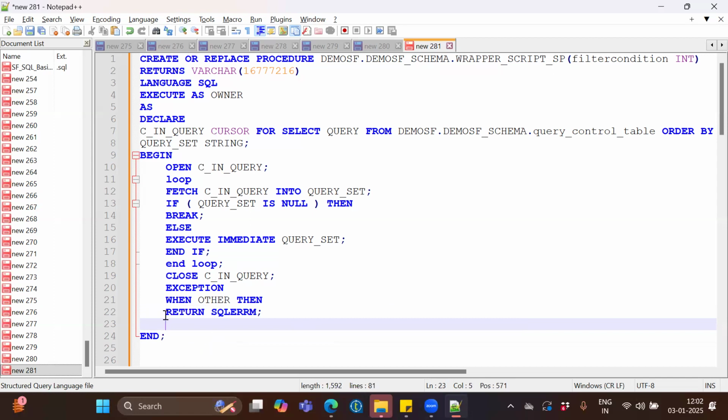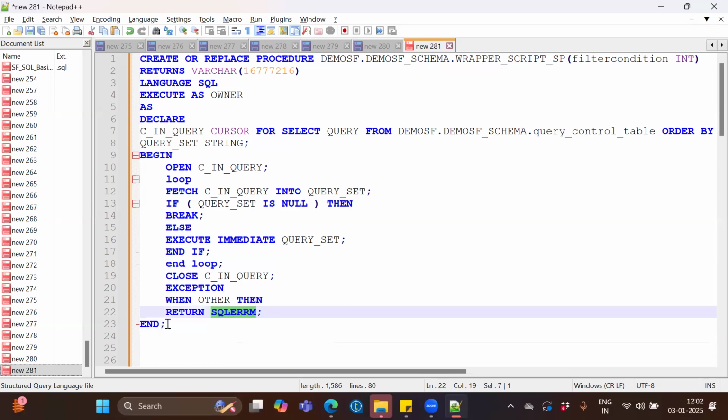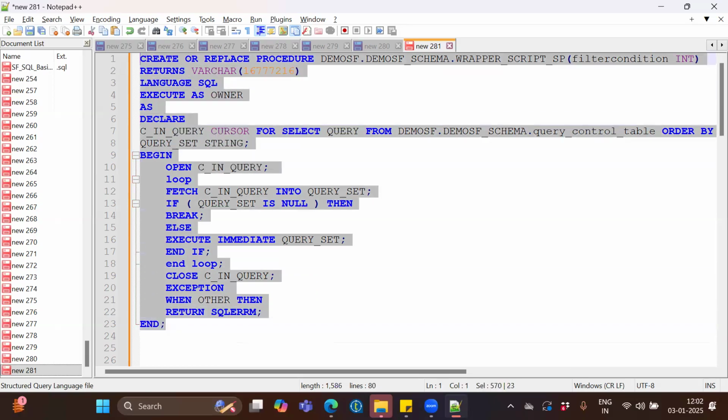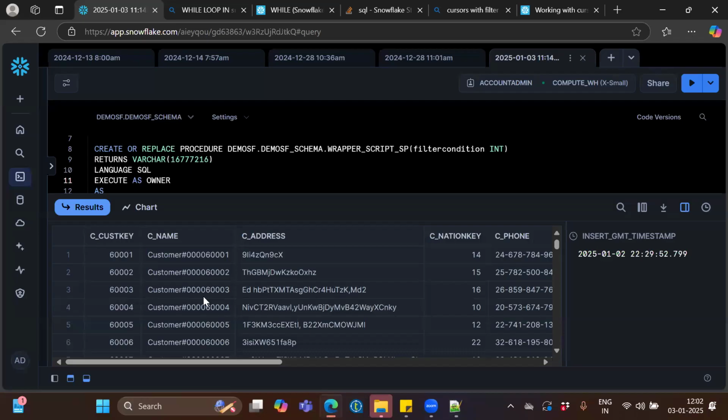Okay, I will use this one. I have taken the exception when other than a written SQL error. Okay. Now I will execute this. I have just added the exceptions now. Okay. So in this exception,